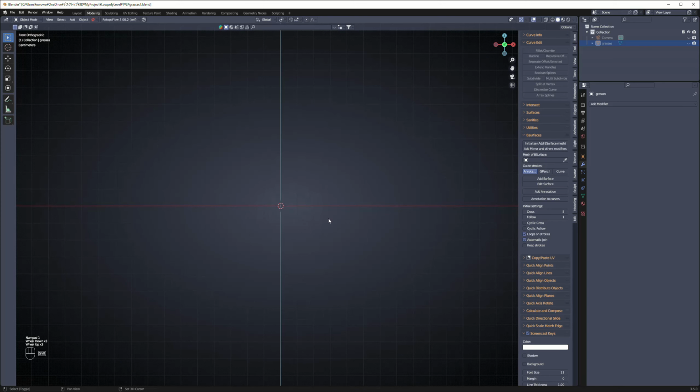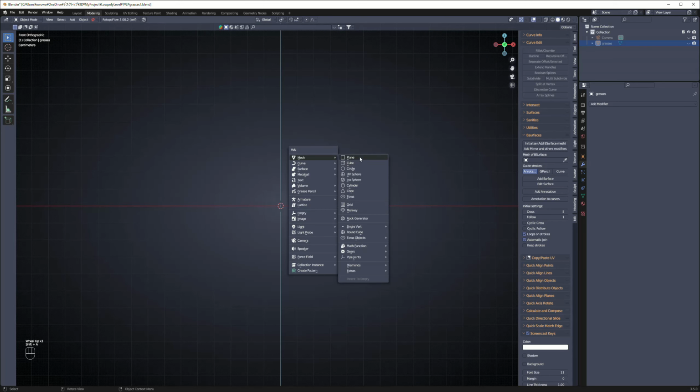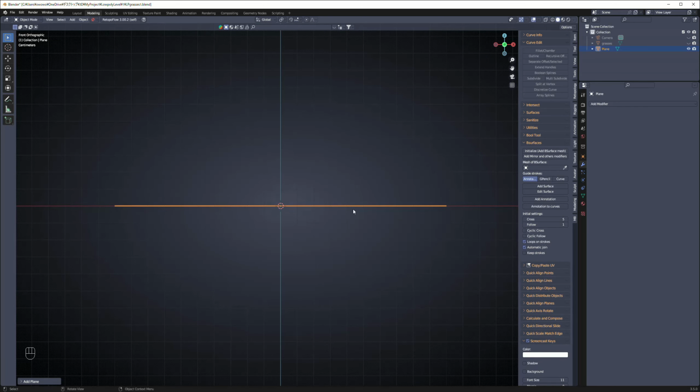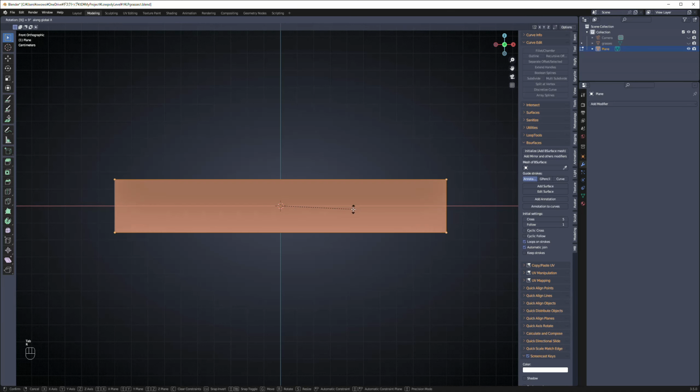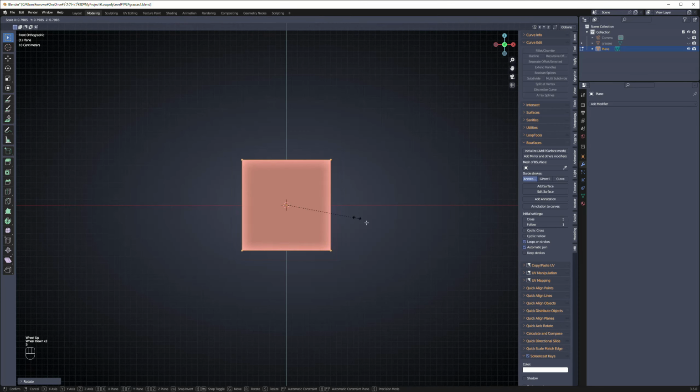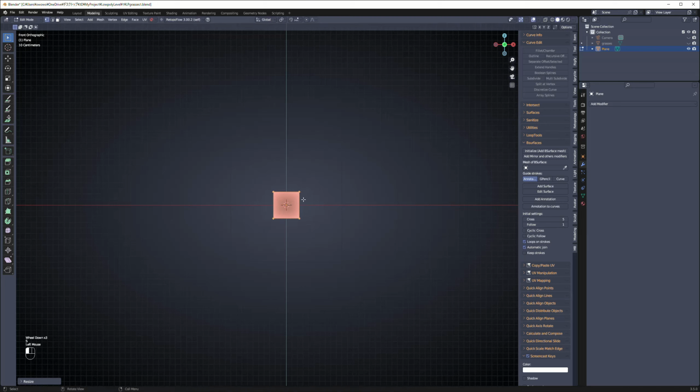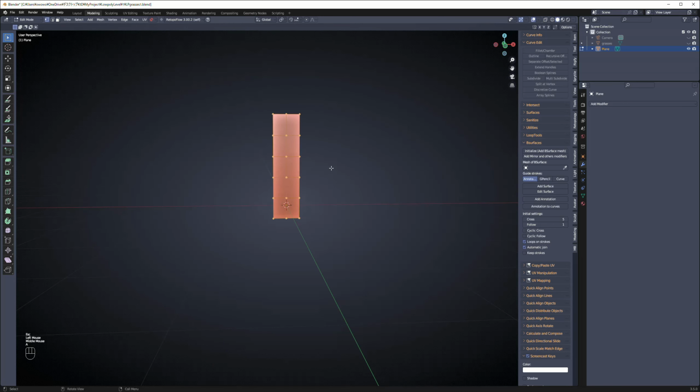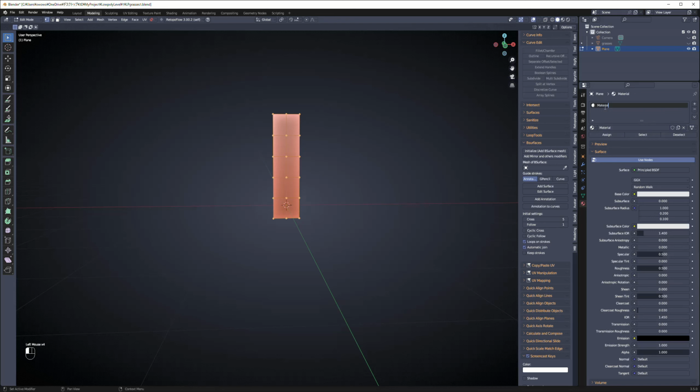First, I generated a plane mesh and rotated it 90 degrees around the X axis by pressing the R key and the X key. Make it small, make it long and thin. Ctrl R to make a loop cut and add a cut with the mouse wheel. I added the loop cut like this, then add the material, give it a name as you like.